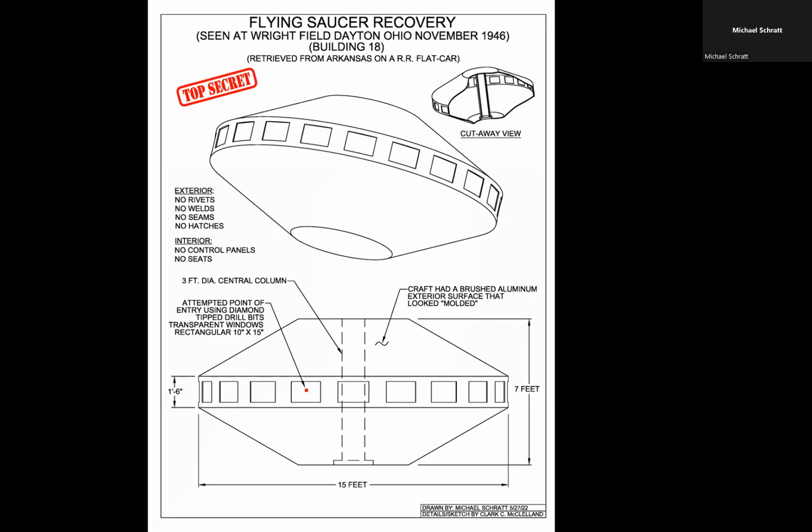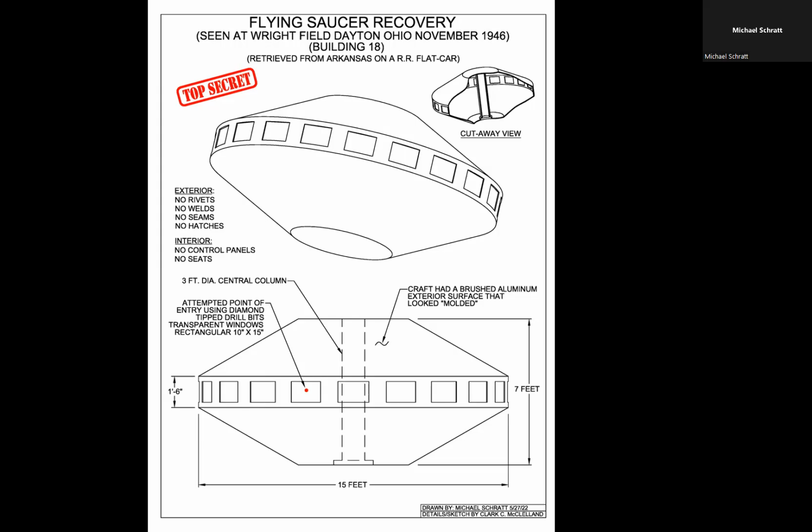When this private got to Wright-Patterson Air Force Base, he met his friend, an MP, who brought him into the hangar facility. And they're looking at this 15-foot diameter dish-shaped craft sitting on the hangar floor. There was a tarp nearby. And he said there was an electric drill with a diamond tip drill bit. They were trying to breach the hull of the craft on this window section with the diamond tip drill bit. And you know what? They couldn't do it.